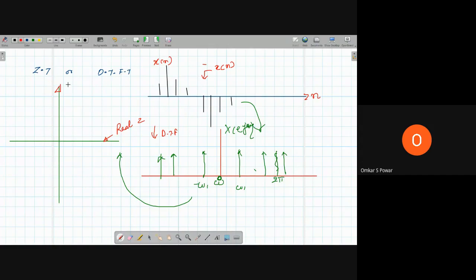Your y-axis is nothing but the imaginary part of Z. As I told you before, how does the Z transform look? It is nothing but a unit circle, with angle omega. So at omega equal to 0, the point will be here with r equal to 1, and if you go from 0 to 2 pi, you are wrapping it up into a unit circle.